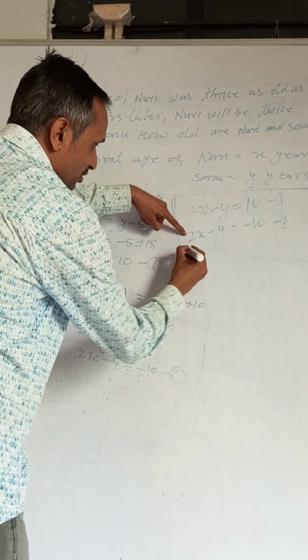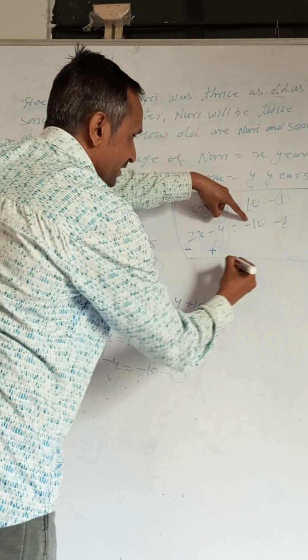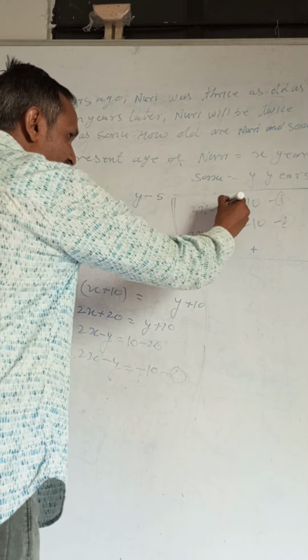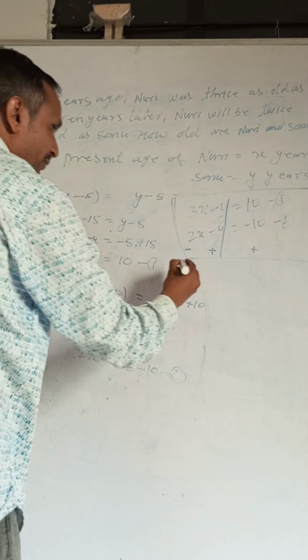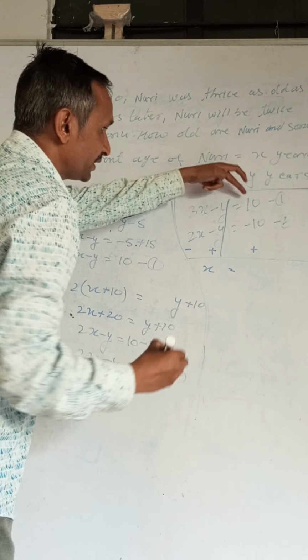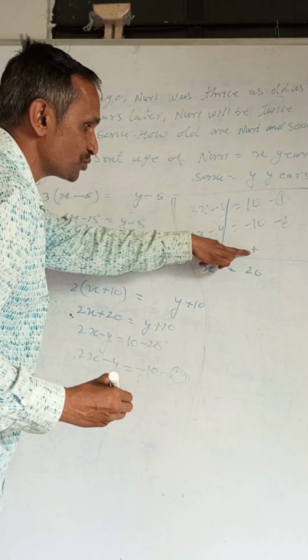This number is plus, so it will become minus. This number is minus, you write plus. Here is minus, here write plus. I hope you learned this addition, subtraction, multiplication, division in 8th standard or the lower classes. So here plus and minus can be cancelled. What we got? 3x minus 2x is equal to x. Is equal to what? 10 plus 10 is equal to 20. This is not now minus 10, it is plus 10 because of the sign here.